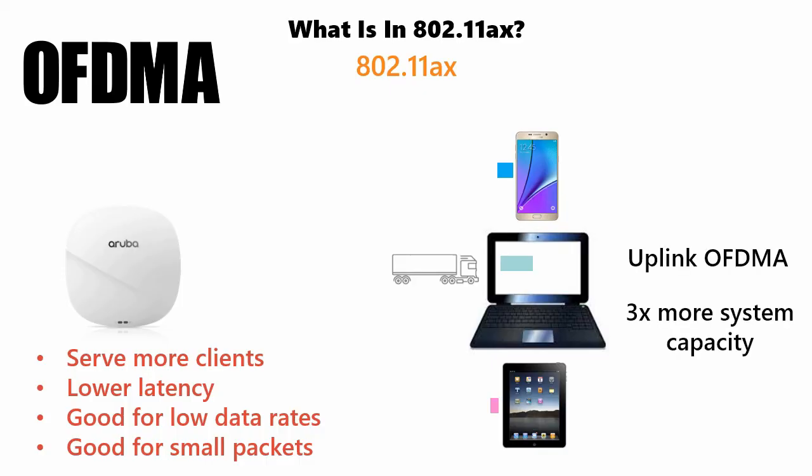Okay, and so OFDMA is important. It works for downlink. It also works for uplink. Okay, which means that multiple devices can simultaneously send to the AP without causing a collision. Okay, so this is interesting. All right,